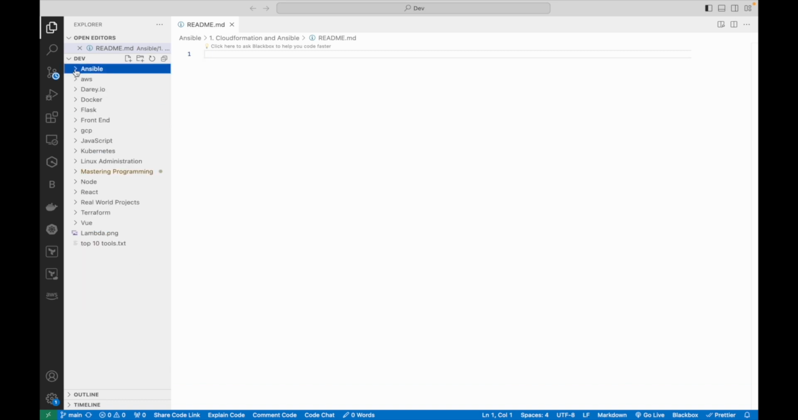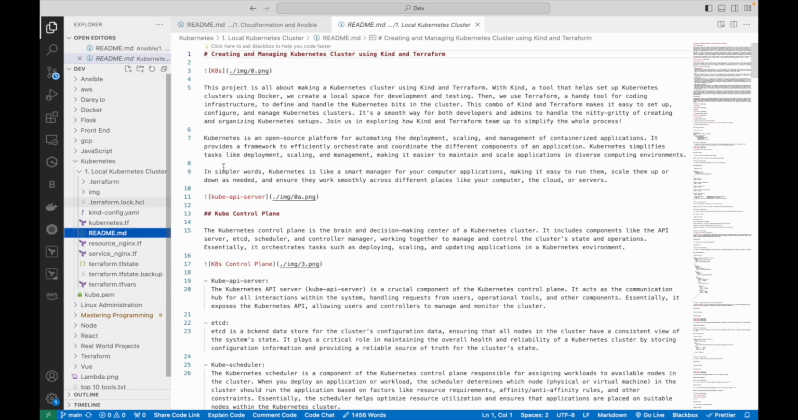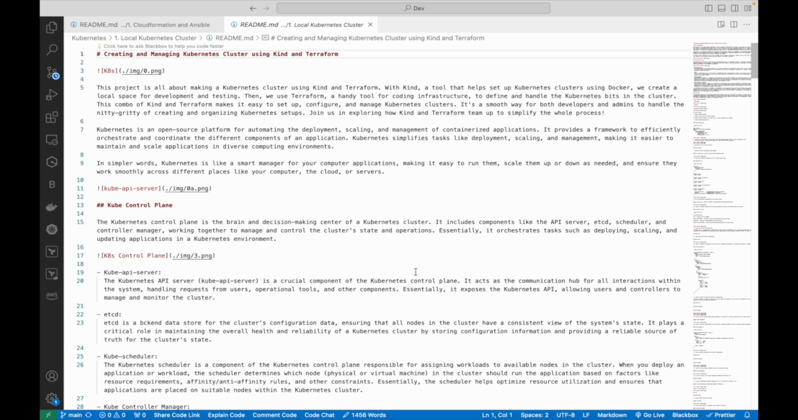let's look at another README file. Let's go to the Kubernetes. I have a project here and I have a README file for it. This is what the README file looks like. I know right now it looks random, but